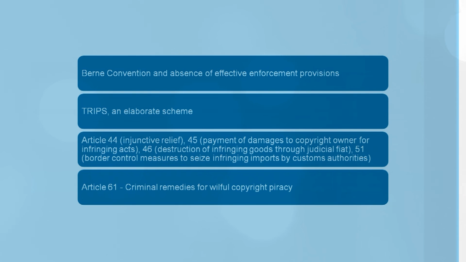So these very many important ideas combine to send out the strong message that TRIPS as a treaty believes in strong enforcement, and that without strong enforcement, IP is virtually of no value. If you really need intellectual property rights to have any real value in the market, then of course you need to provide for strong enforcement measures. So with these broad ideas and brushstrokes of what the international conventions provide in respect of enforcement,